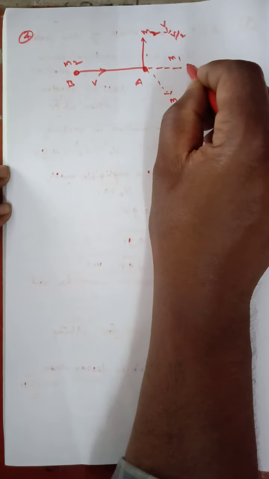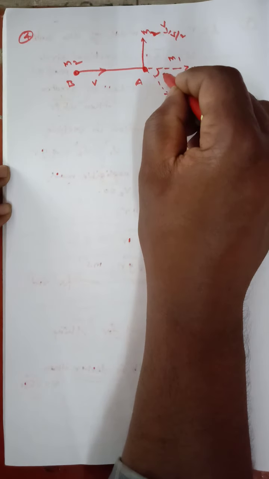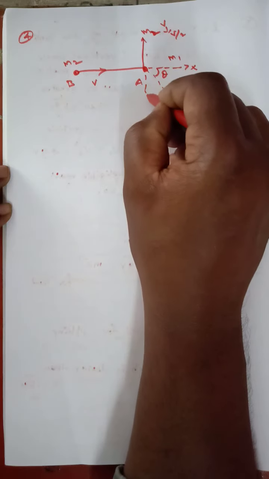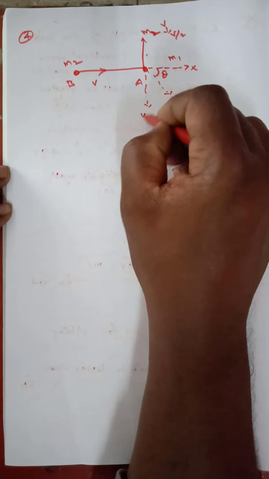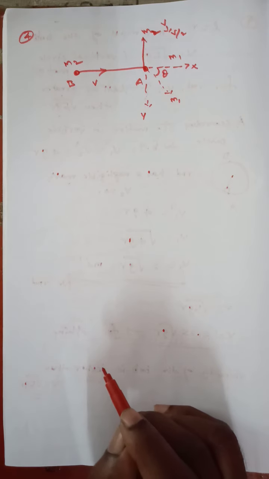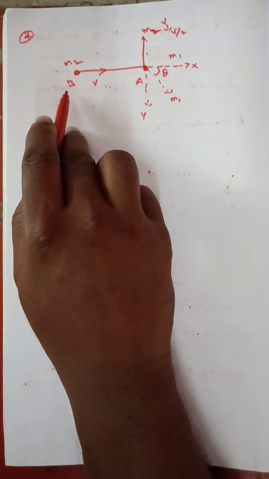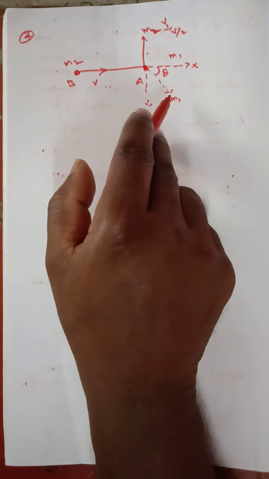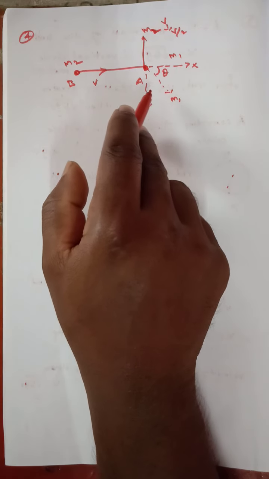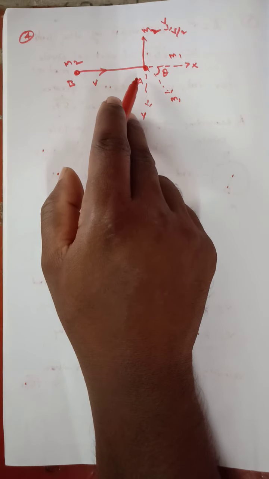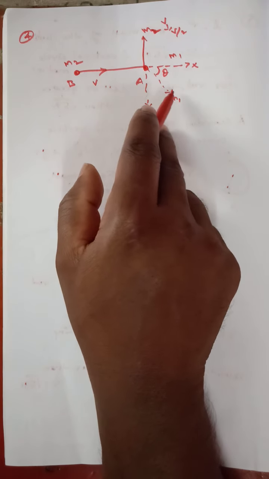Write this direction relative to the x-axis. This is the positive x-axis, and this is the y-axis, and this is the angle. Clear? Usually we use the carom board. Since B is like the striker, for example, A is a coin. So we have to pocket the coin A. What angle do we have to strike A at to pocket it?